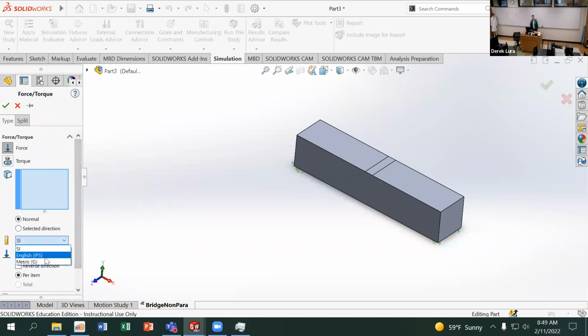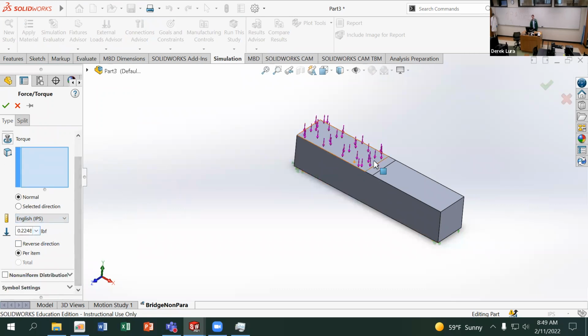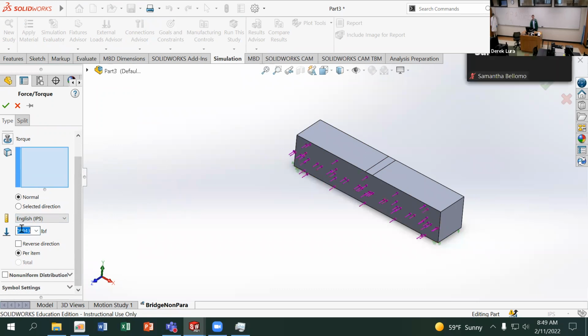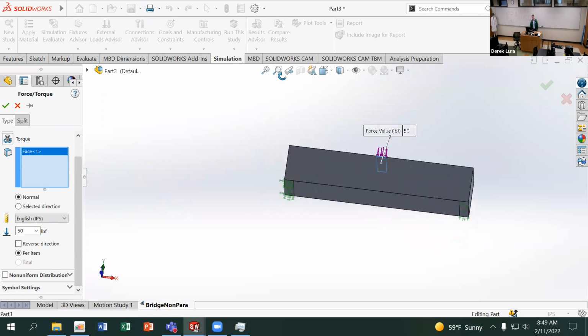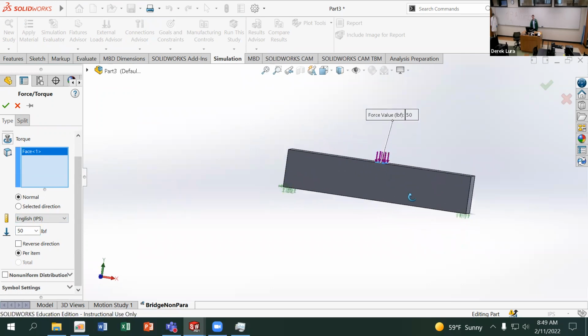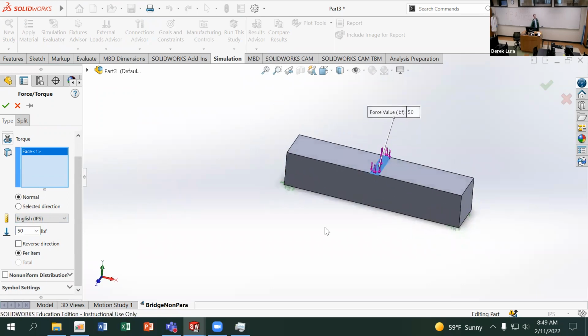I'm going to do this in pounds just because I think in pounds. I don't think very easily in kilograms. I guess I probably could do it in kilograms and be okay. But I'm going to add a 50-pound load to this middle face. And again, that's why I made those faces at the bottom here, so I could have regions to apply the fixtures and the loads to without having it go across the entire